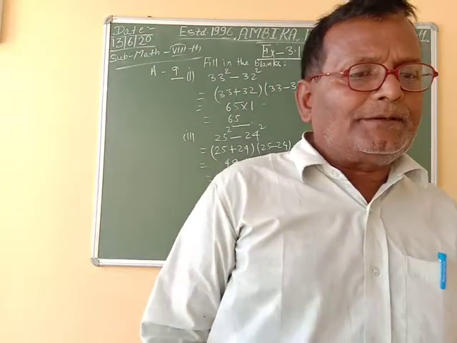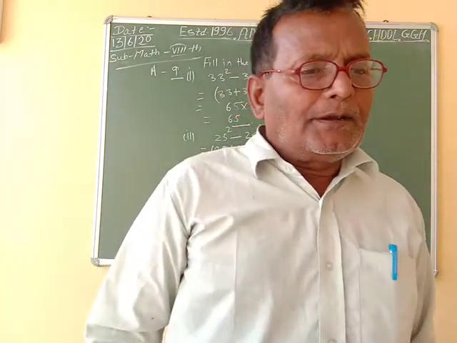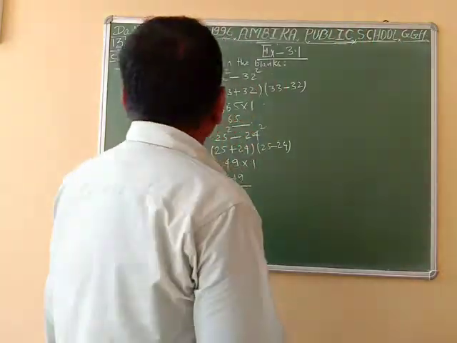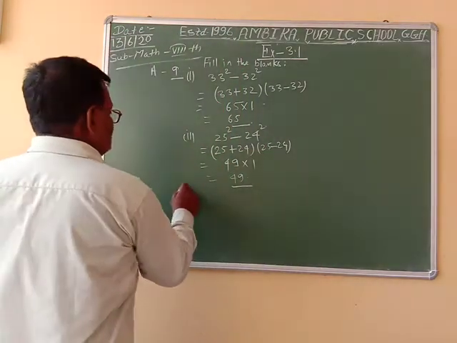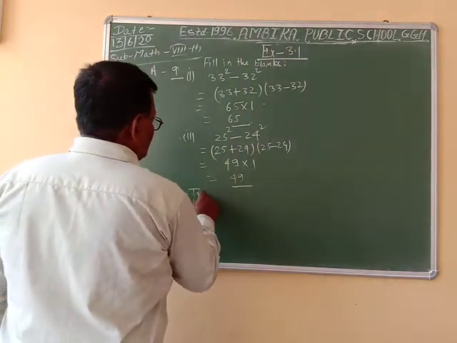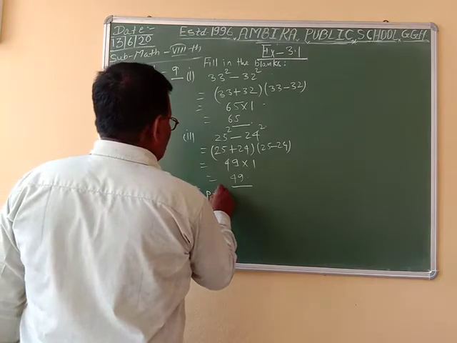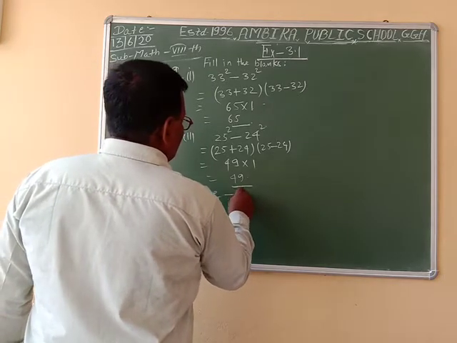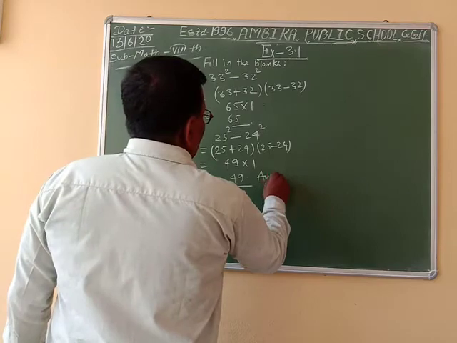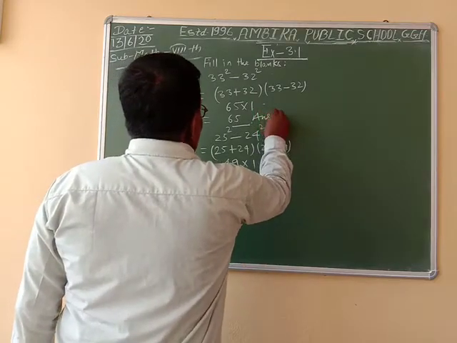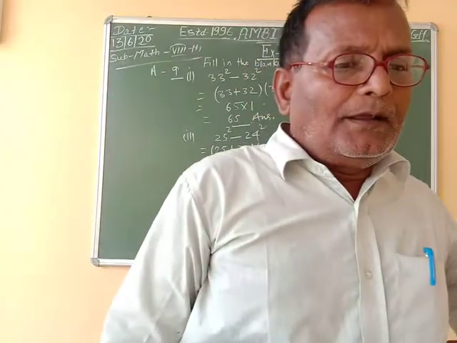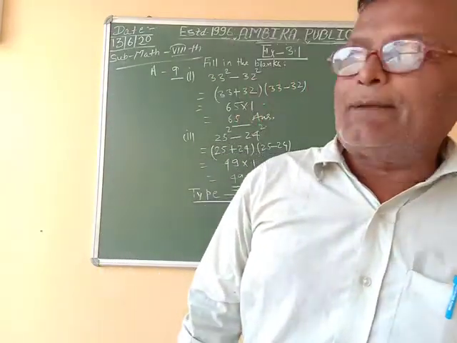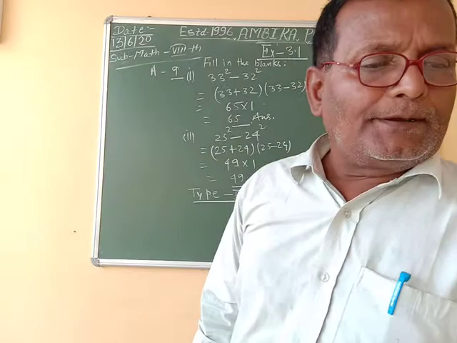In question number 11, type 2. In type 2 questions, fill in the blank: 7 square plus 8 square is equal to,